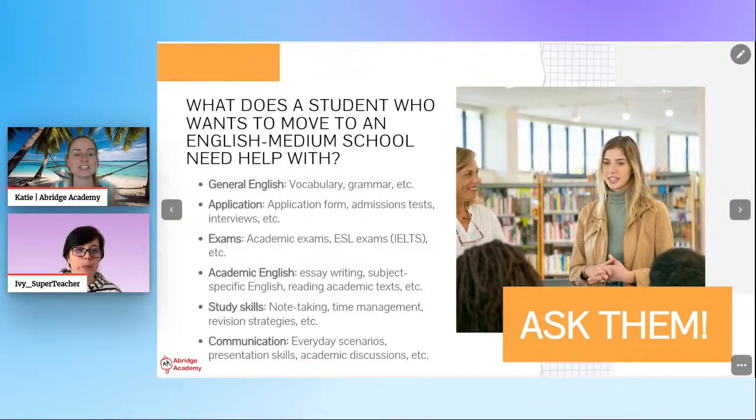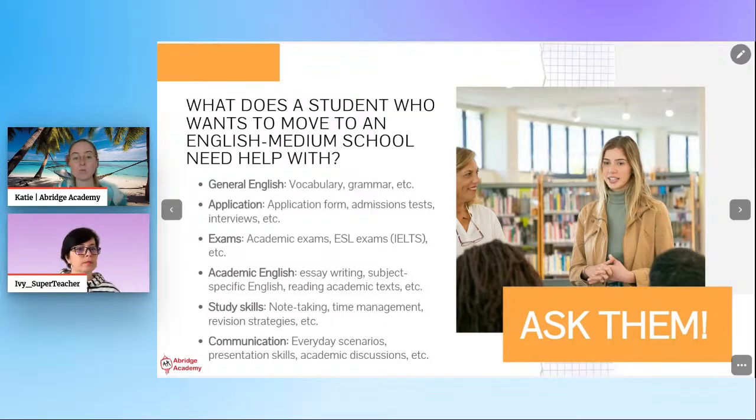And that's really interesting to hear because actually that links in quite well to the next slide, which was what does a kid who's moving to English medium school actually need help with? Because the parent might say to you first, "Oh yeah, we're sending them to English school for secondary school or something," but you then need to ask them a bit more detail and more follow-up questions to narrow down exactly what they need to work on to make that transition to an English medium school. It could just be that their general English skills need boosting across the board. Their vocabulary's weak, their grammar's weak, they need to develop speaking, reading, writing, and so on.